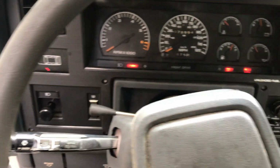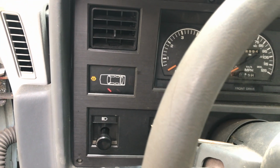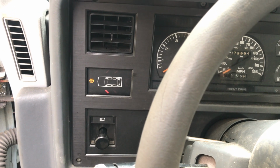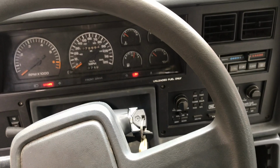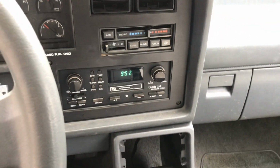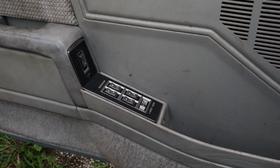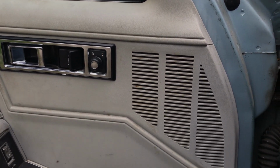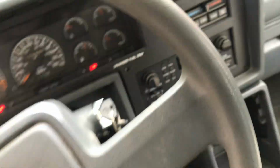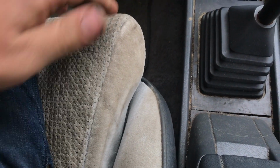Pretty rudimentary gauges. There's my indication for the door. It actually does show you which doors are open, which was kind of a luxury, I guess. It's weird because this is a manual transmission car. However, it did have luxuries in a mid-80s sedan such as AC, cruise control, power windows. This one actually has power mirrors, where a lot of them, from what I understand, had just manual mirrors. Power seats, and something that I find very interesting, under your bottom seat cushion,